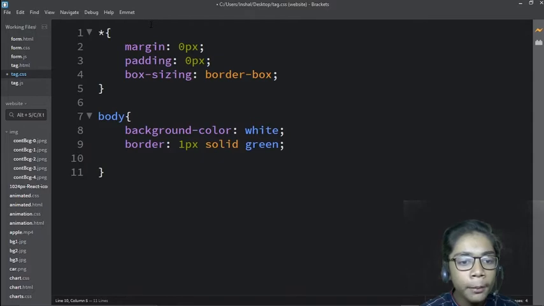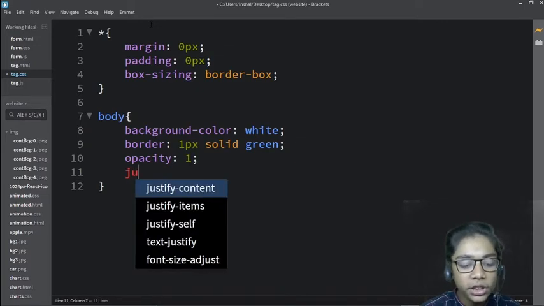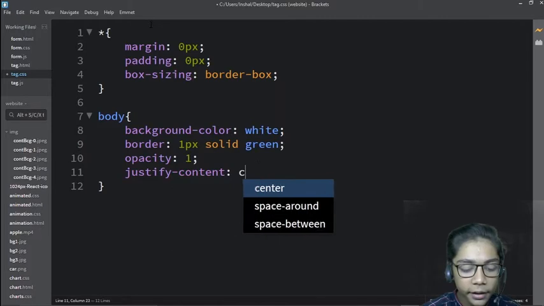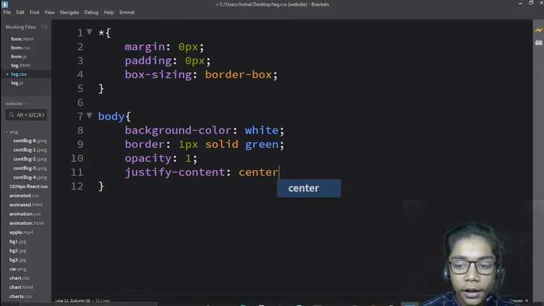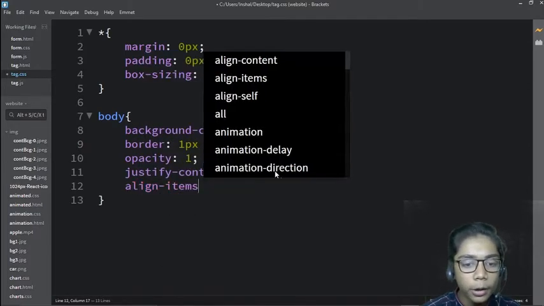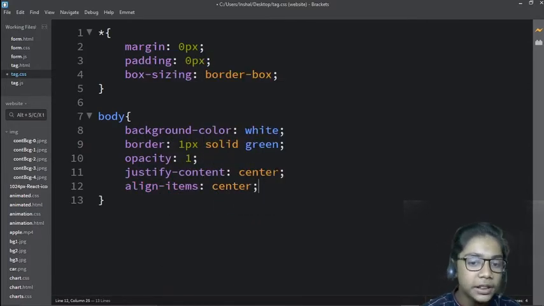Now when you've done that, come over here, and here you have to write another thing, which is called opacity. I want the opacity 1. Then come over here and write justify-content center. Then you have to come over here and write align-items center, because I want all the things to be justified in the center, and all the things should be in the center also, meaning align-items center. And now over here I will write another thing.